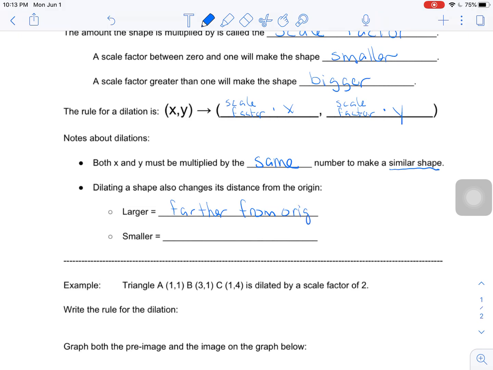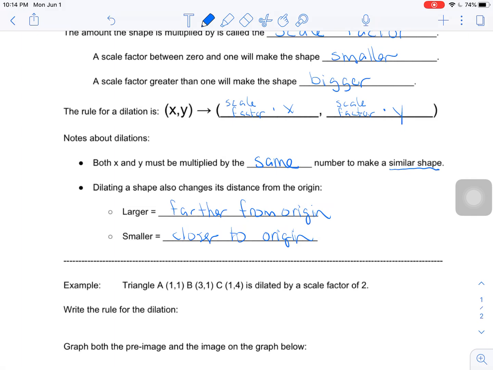And the opposite happens if you make a smaller shape. If you shrink your shape, it's actually going to pull your shape in and bring it closer to the origin. So that's something important to remember. When you're working with dilations on a graph, very rarely will you have vertices or corners of your shape that start and end in the same place, because the shape is either going to get pushed away from the origin or pulled in towards the origin naturally in that process of multiplying, which makes sense because we measure coordinates from